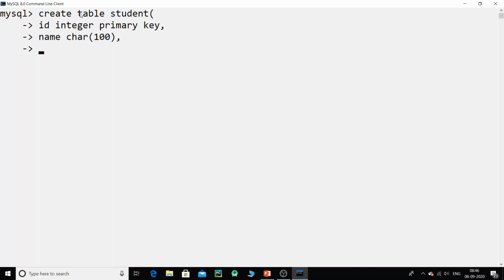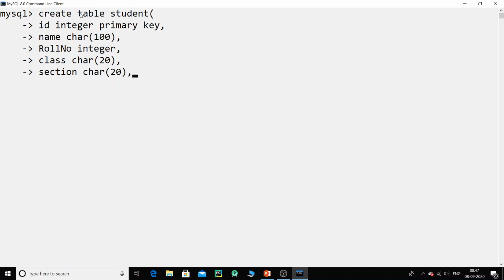No issues, we're going to put the roll number later on. I'll put it over here. Then roll number as integer. Then I can give my class, that is char of 20, then section as char of 20,